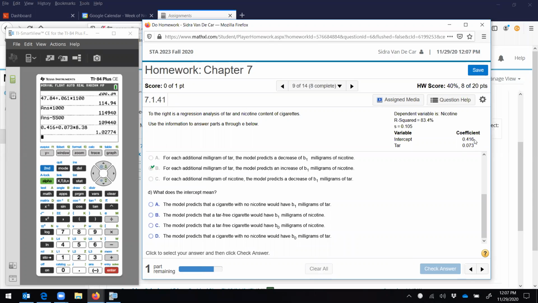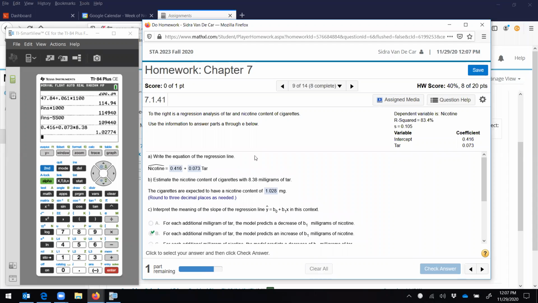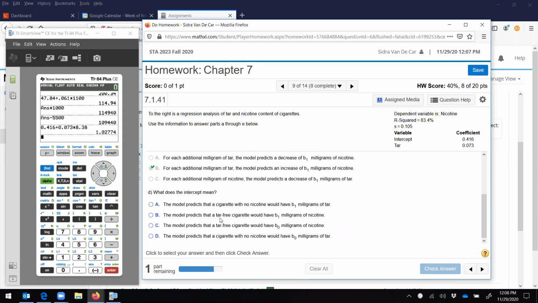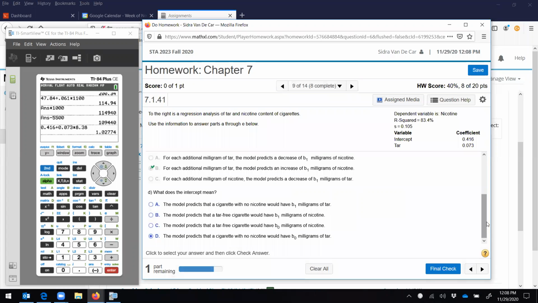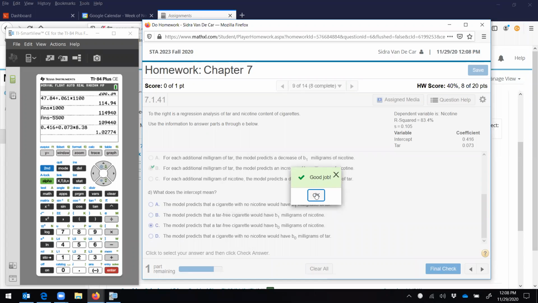What does the intercept mean? Okay, so the intercept would be, now notice right here, this is if I have 0 tar, the amount of nicotine would be 0.416. Okay, except it's B0. A cigarette with no nicotine would have B0 milligrams of tar. What? Oh, I wrote it backwards. No tar. There you go. Tar-free cigarette would have B0 milligrams of nicotine. My bad. Sorry, I think I said it right the first time and then